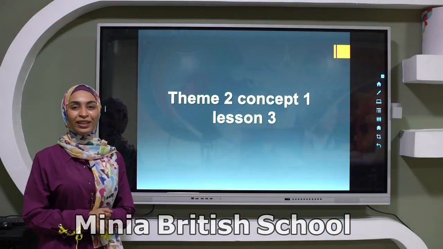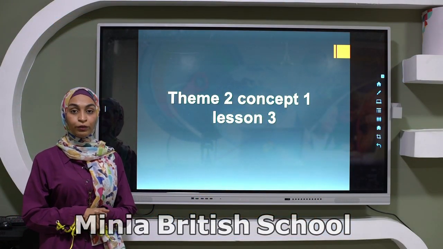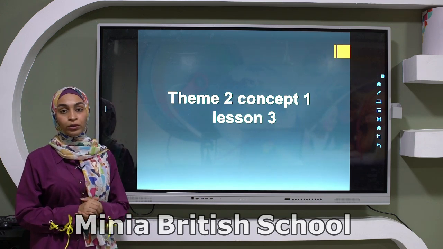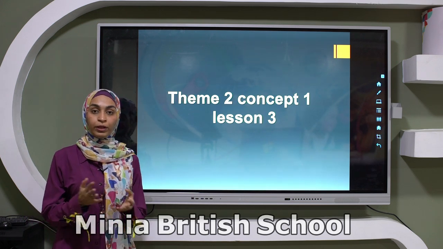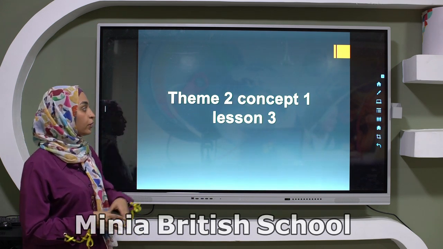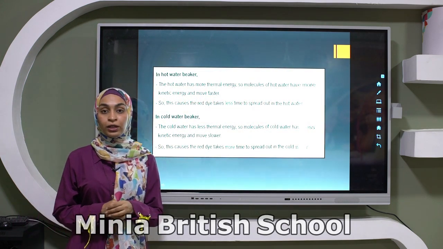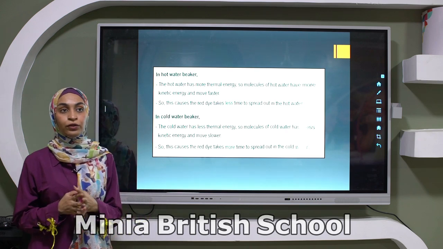Dear students, today we are going to complete lessons 3, 4 and 5 in concept 2.1. Yesterday we started talking about the processes that matter has, such as freezing, melting, evaporation and condensation. Today we are going to talk about the lesson 3 main activity, which tells us the differences between